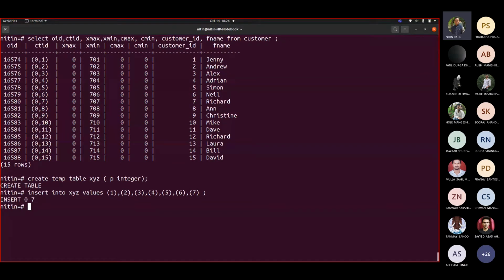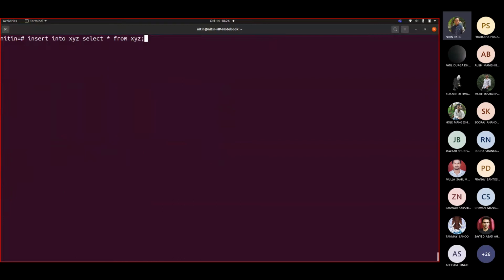How can I insert the same values again? You write insert into XYZ select * from XYZ. When you write this, it will add some more records. It inserted 7.